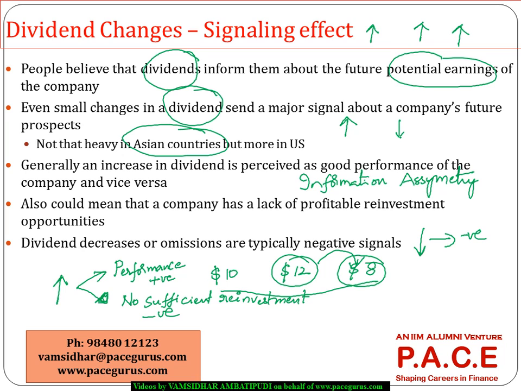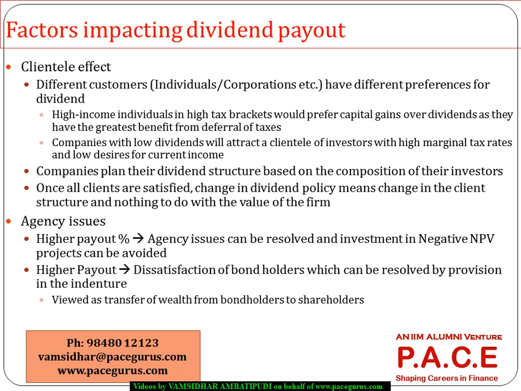So that's where it's better that companies maintain a dividend which is more stable or growing more stably, rather than fiddling around with it extraordinarily, because the investors react to it quite quickly, and more and more fluctuations in the dividend can send different kinds of signals into the market, right? So we generally look at two major dimensions that are impacting the dividend payout.